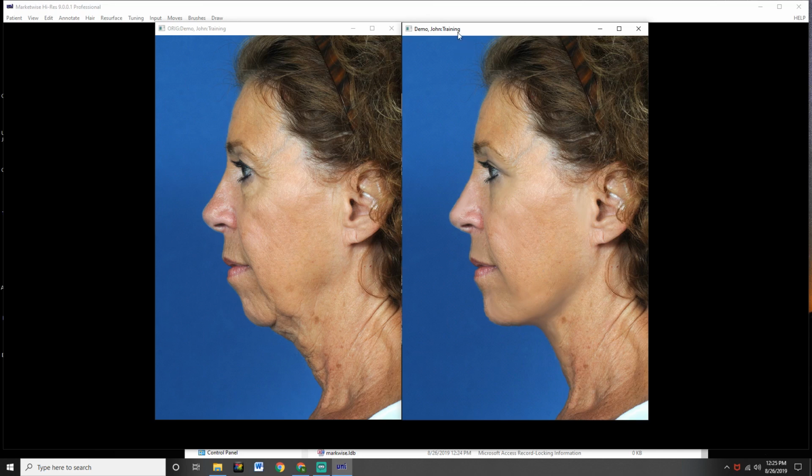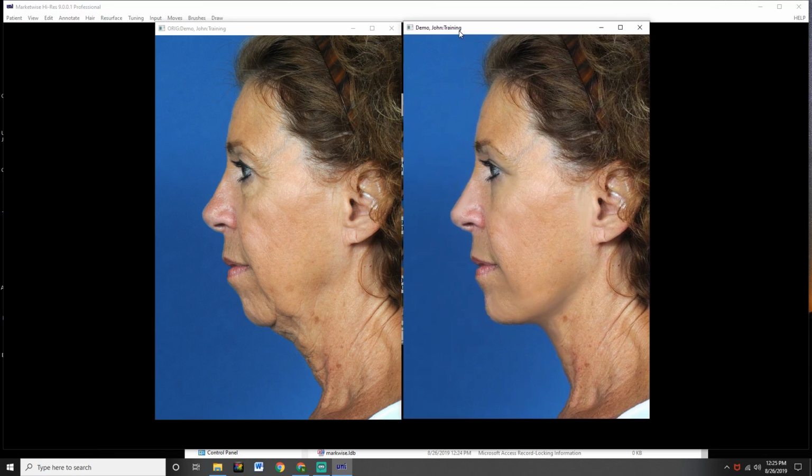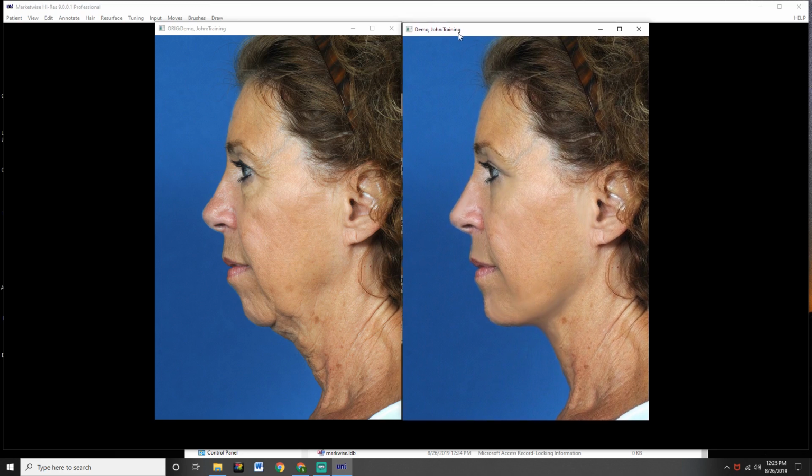So now that I have the disclaimer in the system, I have highlighted my picture on the right where I want the disclaimer to go. I'm going to go to the Annotate drop down and choose Disclaimer. Okay, here's our disclaimer up here. It's too big. It's run off the screen. So it's highlighted, and I can tell because it has the little white boxes around it. I'm going to hit the delete button